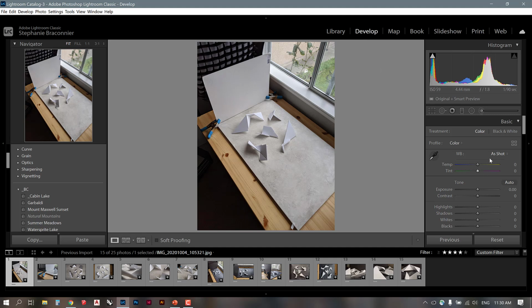In the develop panel, I usually start by setting things to auto. So I will take a look at the white balance. That's what this WB stands for. And I'm just going to put it to auto to see what happens. So you can see that Lightroom kind of warms up the image a little bit based on the overall tone